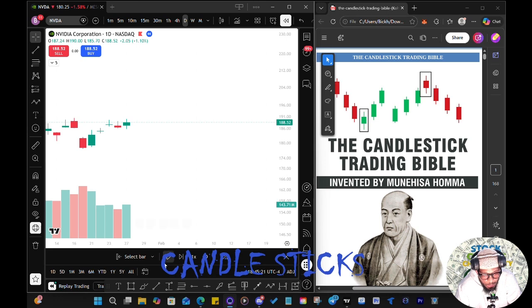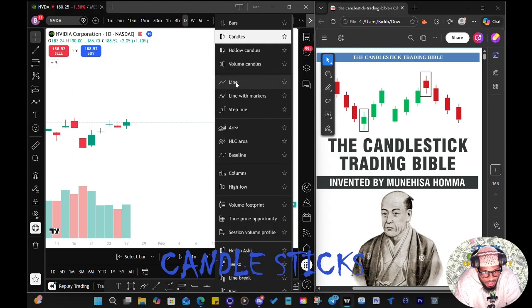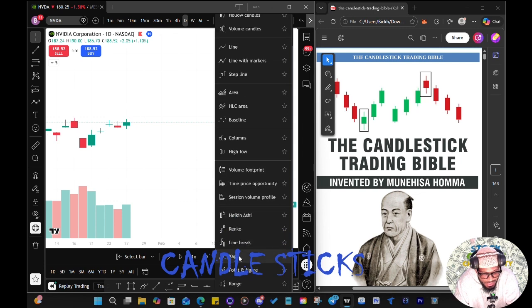All right, so now let's go over candlesticks. These are representations that you can use on your chart to analyze the price movement of the stock that you're looking at. You don't have to use candlesticks. There are other things you could use. You can use a line, a line with markers, a step line, or hollow candles. There's a ton of visual assets that you can put on the chart that represent the price